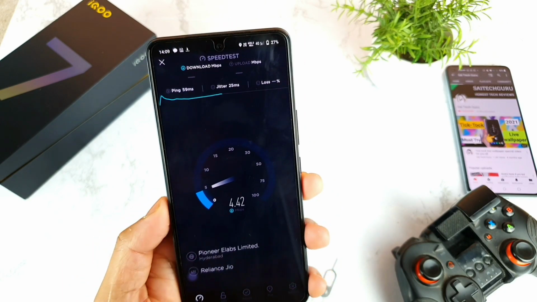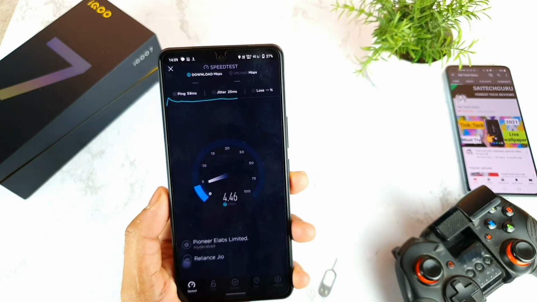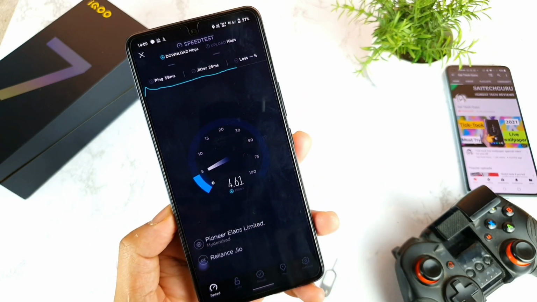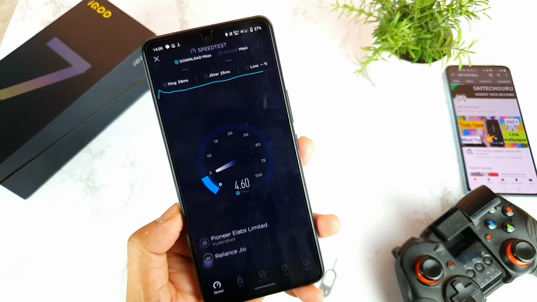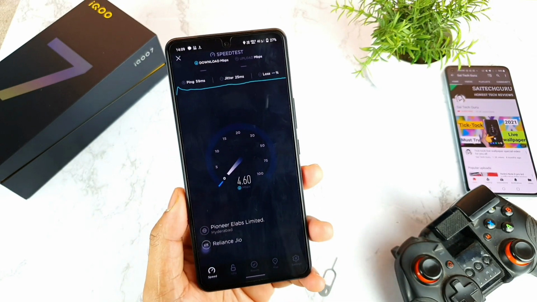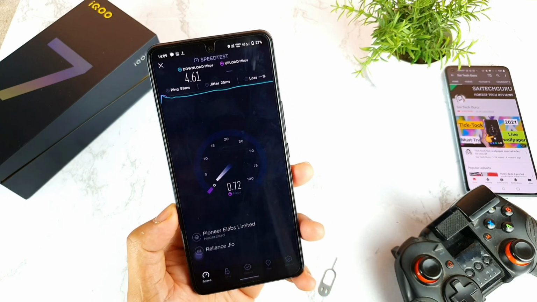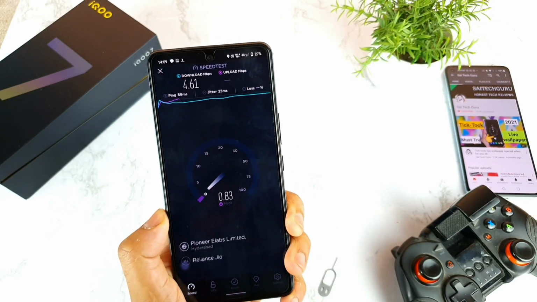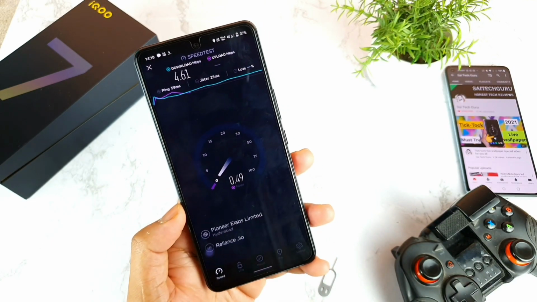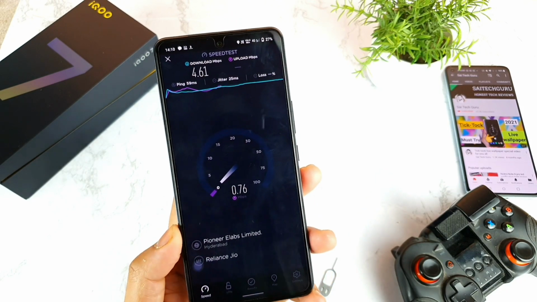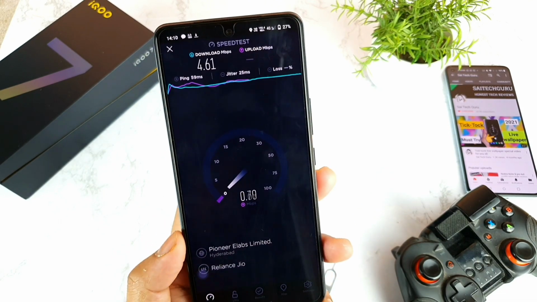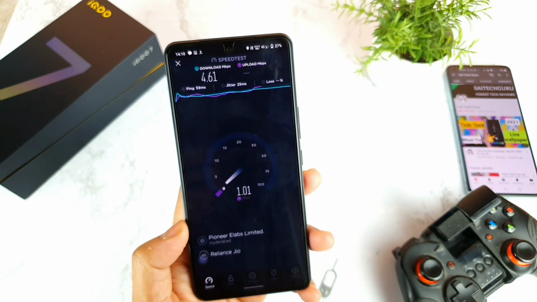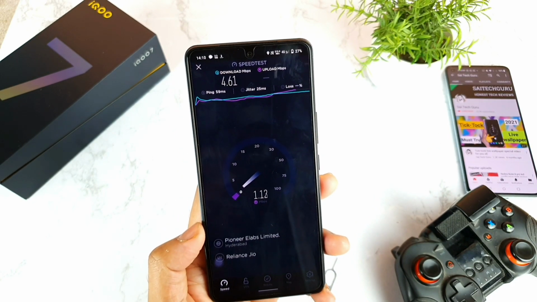Every time I used to get only 3, 7, not much. Even right now it's the same case. There is no improvement in terms of the network. After these two consecutive updates, I know nothing related to the 4G update has come yet. Maybe in the future we might get that kind of update as well. But right now, as you can see, there is no improvement in the 4G data speeds at this point.